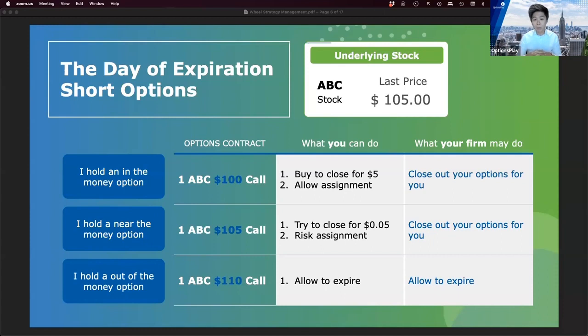Typically, this happens a few hours on Friday afternoon if they feel that you are in a position that you're going to be at risk of assignment, but you don't have the capital to satisfy that. And the third example, if the stock rises to 110, let's say you sold a 110 strike price